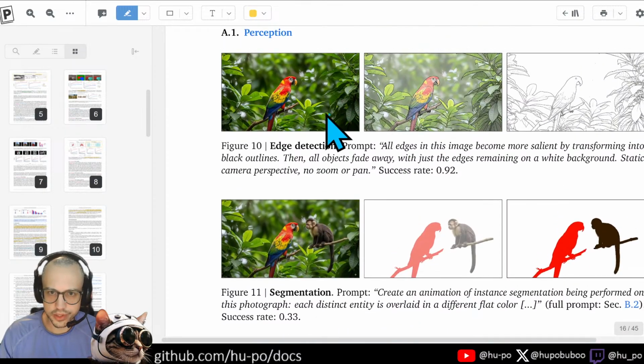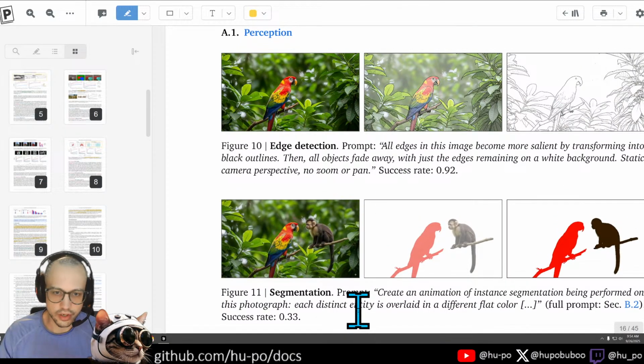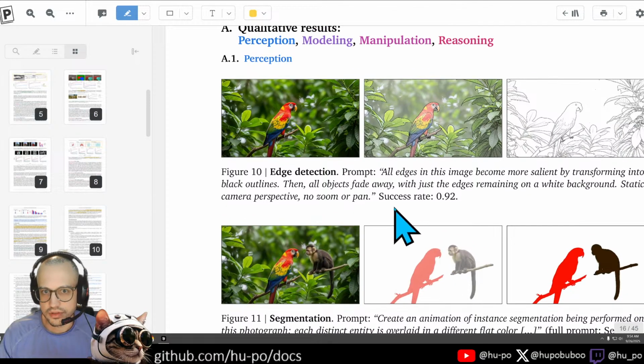This is showing you kind of how you get the edges. So again, it's not actually like you're directly predicting the edges in the way that you would with a classic computer vision model. You're literally producing a video where the image becomes an edge image, which is a really weird way of generating an edge detection image, but